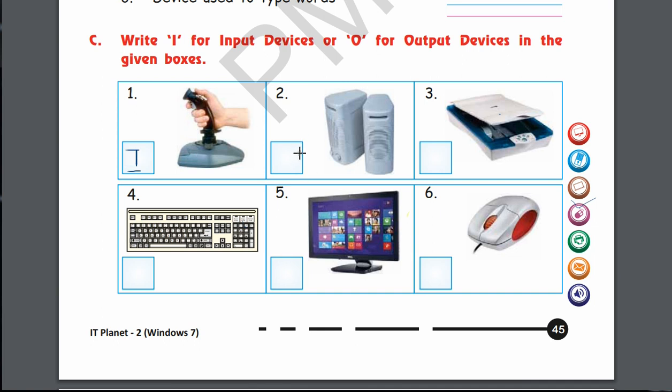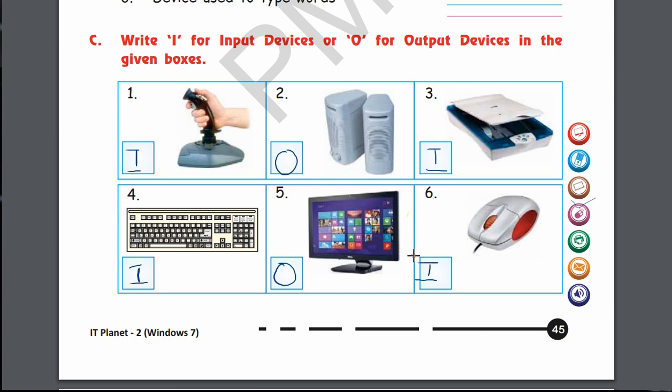What kind of device is speaker? O, O for output. What kind of device is scanner? Does it show output? No, it is I, input, because you are inputting a picture from any document. Keyboard basically is an input device. Monitor, output device. And mouse again, an input device.